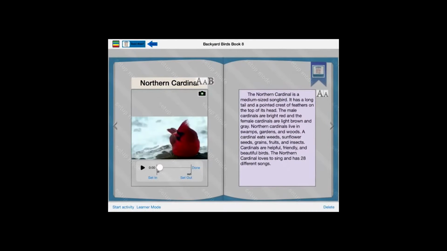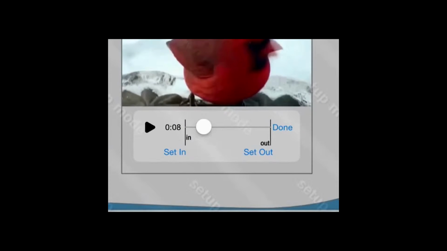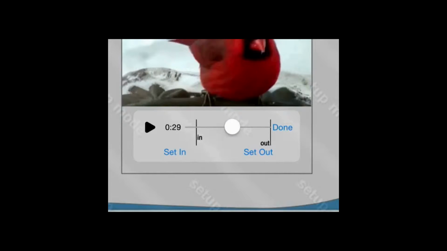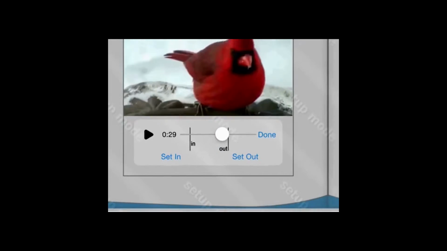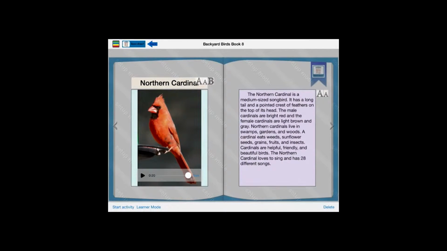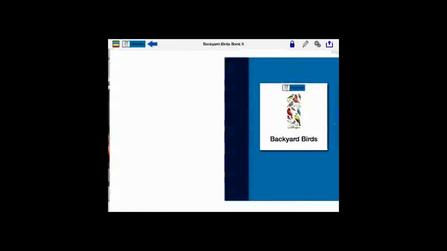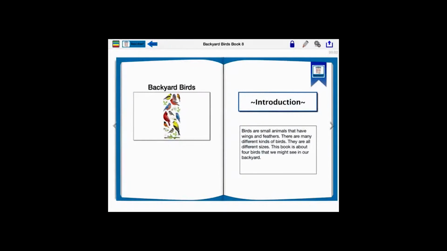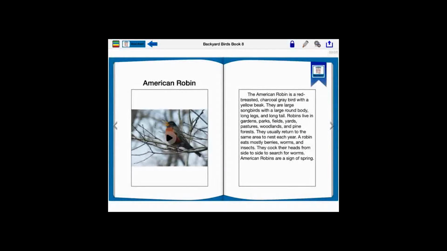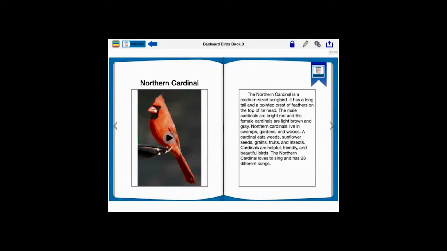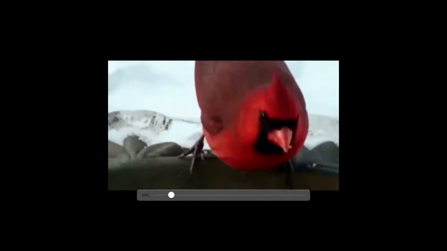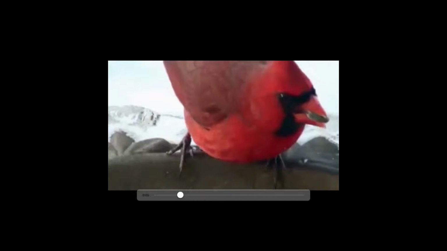After adding a video, it is also possible to trim it by selecting Start and End Points, which means that it is possible to use one video across multiple targets or pages in an activity, playing different sections of that video. Videos display in full-screen video playback and can be paused by simply tapping the screen.